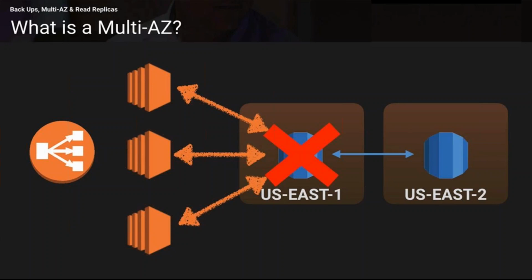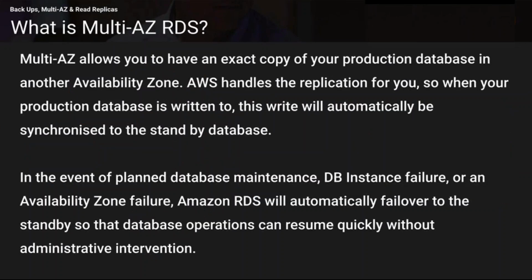So what happens in the multi-AZ? Multi-AZ allows you to have an exact copy of a production database in another availability zone. AWS handles the replication for you. So when your production database is written to, all the writes will automatically be synchronized to the standby database. Now, in case you're trying to have any planned maintenance for the master database, or in case there is any database failure, or in case there is any,